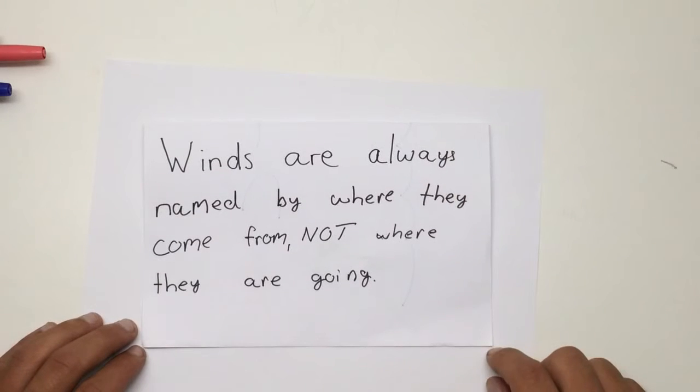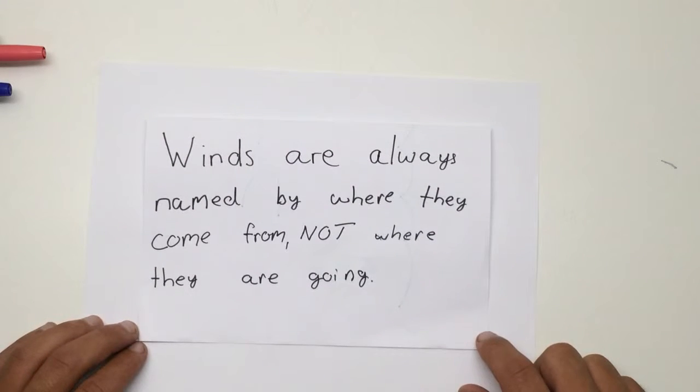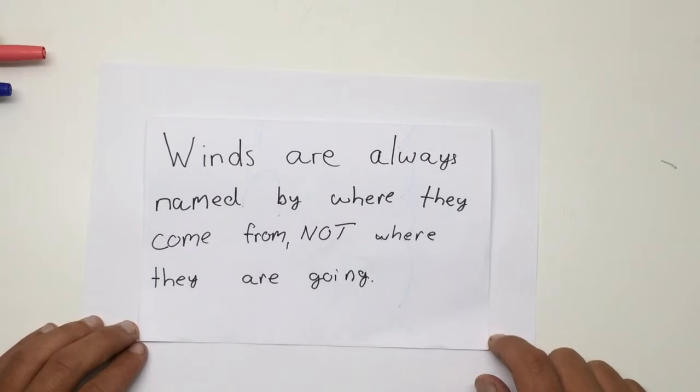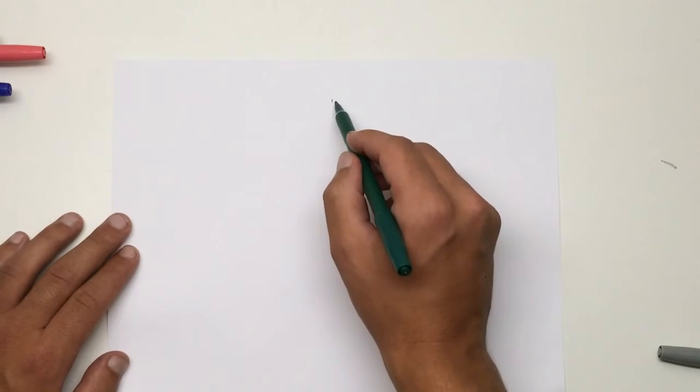Alright, but we actually have 3 sets of winds, and I'd like to go ahead and diagram the global winds. But right before that, I want us to remember something very important. Winds are always named by where they come from, not where they are going. So, if a wind is blowing towards the east, it is actually called a westerly wind. I know that that can be kind of confusing, but you will get used to it as long as you remember that key point. So, if we have our Earth here